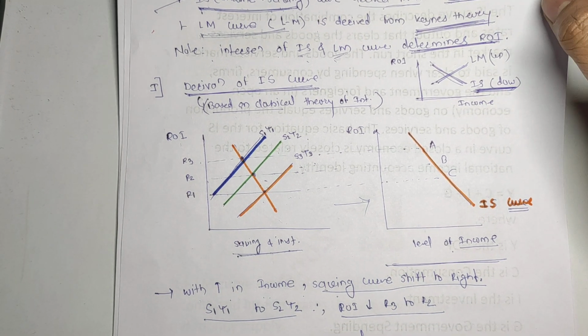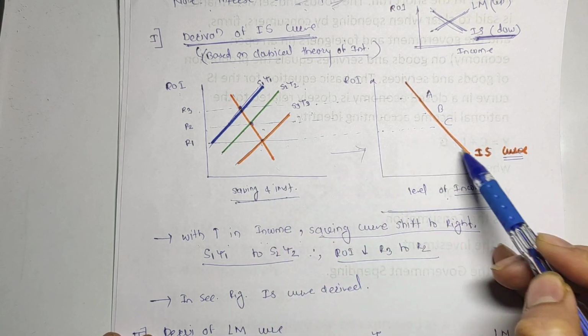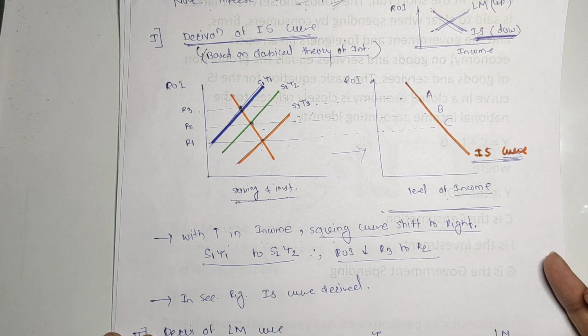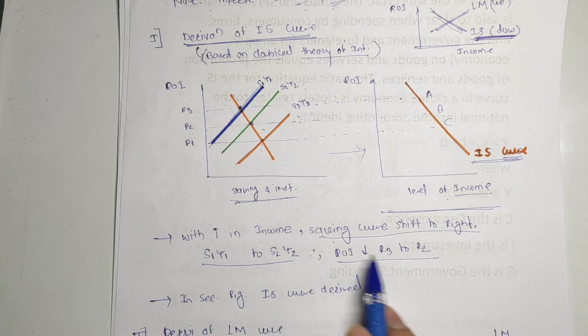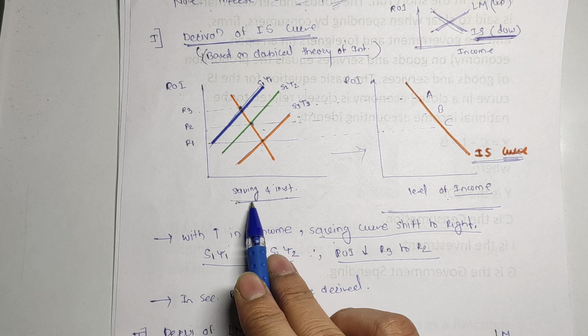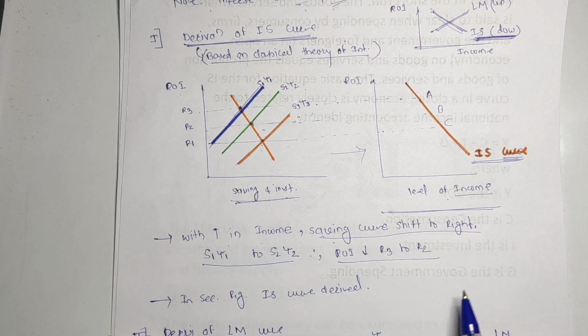Okay, now from that intersection point, we have derived this curve. That is basically the IS curve. How the derivation and all that works, I have explained in brief. If the income is increased, that is nothing but the basic saving and investment is increased, the rate of interest will decrease. Second,